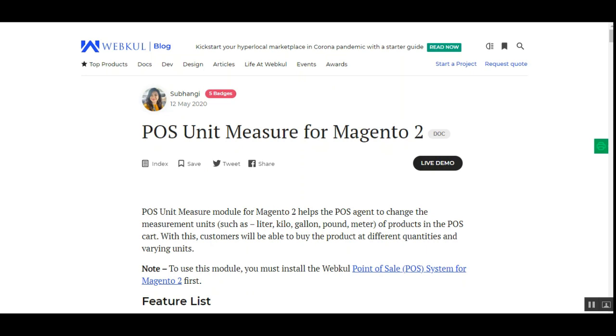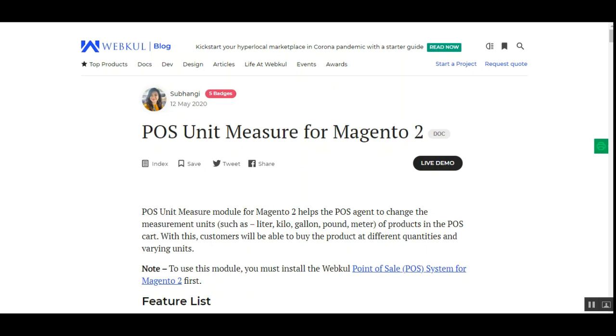And in today's video tutorial, we'll be showing you how the website owner would be able to set up the unit of measurement categories and how you can manage the same. Apart from that, we'll also be showing you how to add new unit measure from the backend of this particular plugin, and how the admin would be able to set up the inventory settings so as to allow the POS user to check out with products having quantity less than one. And apart from that, we'll also be showing you how the POS product settings can be set up while creating